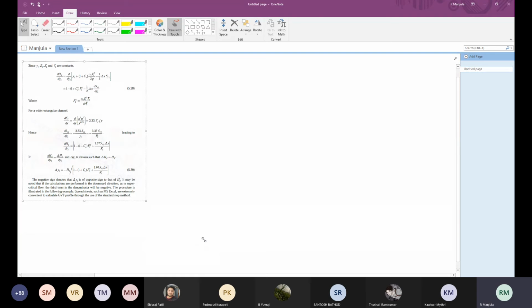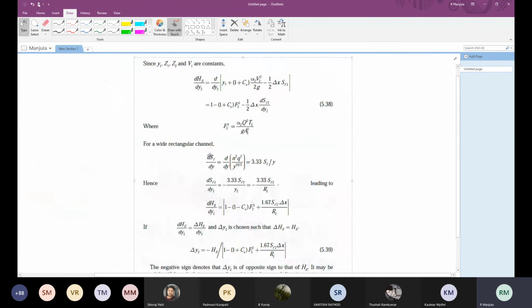So now you can differentiate the energy difference with reference to y2. You are getting y2 plus (1 plus c) into alpha 2 v2 square by 2g minus 1 by 2 delta x into s of 2. Other parameters will become 0 because you are differentiating with respect to y2. The y1 component becomes 0. So 1 minus of (1 plus c) into alpha 2 v2 square by 2g is nothing but, in terms of Froude number, you are putting